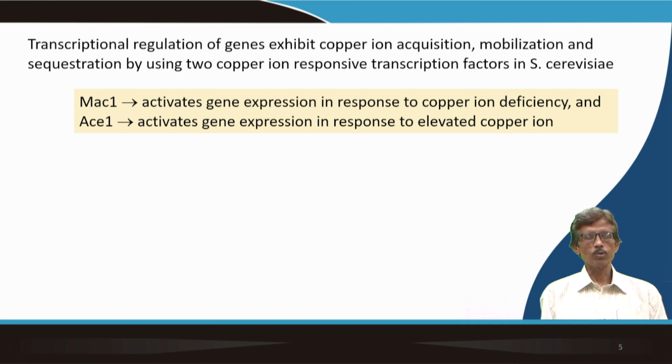If you are able to identify, people have identified it, label it as MAC 3, sorry, MAC 1, and the condition is for copper ion deficiency. So, in case of copper ion deficiency, you have to study MAC 1. But when you have a higher level of copper ions in the system, you have to study the S 1. So, you see now, so nicely we are standardizing everything with the level of copper ions,